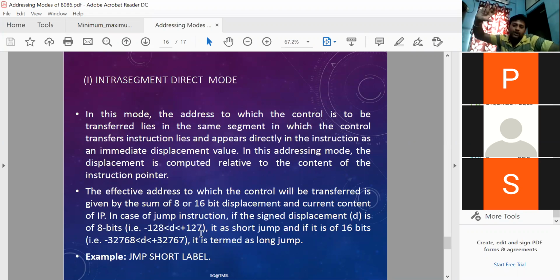In the upper portion there are 128 numbers, 0 to 127, and in the lower portion -1 to -128 is another 128, but in negative form. So in signed number operation there must be some positive and some negative numbers, but the total range is 256 numbers. You have to calculate in such a way that your program location will be within this range. So in decimal form it is -128 to +127. If it is in the hexadecimal number system,